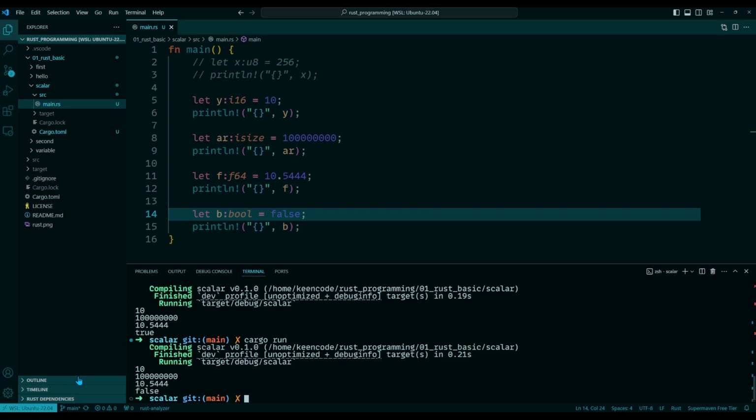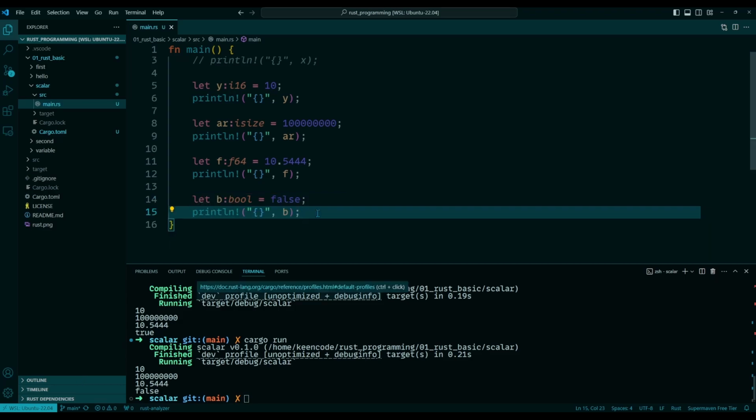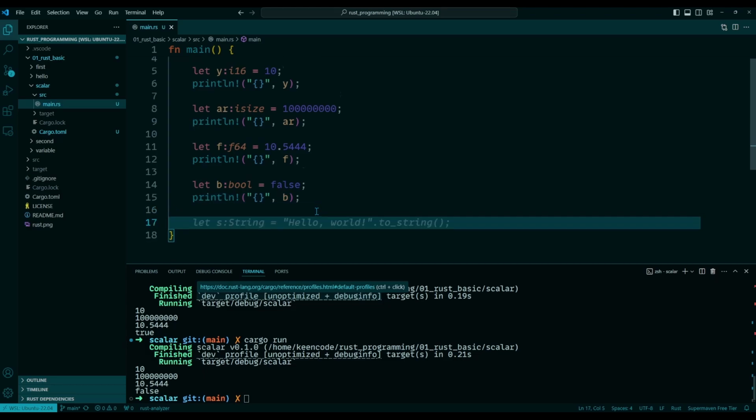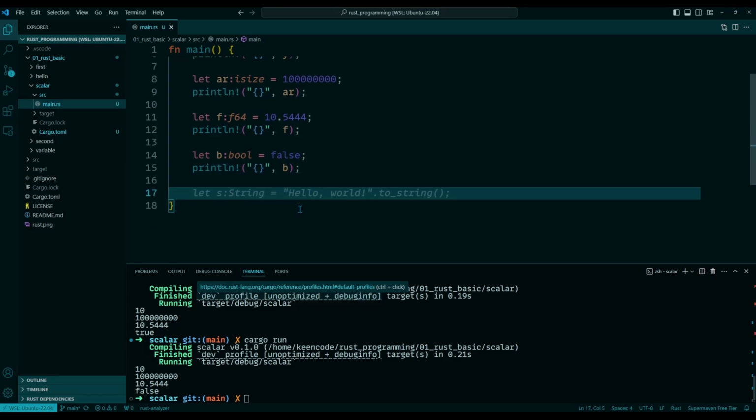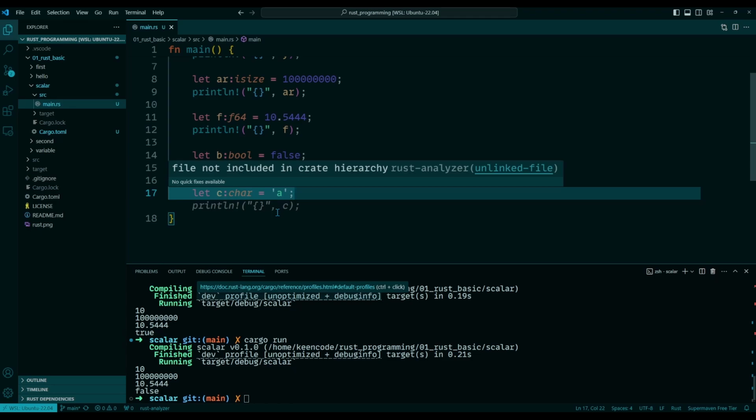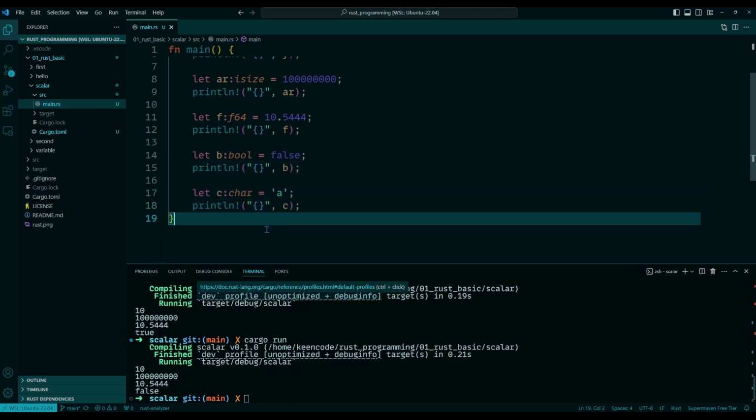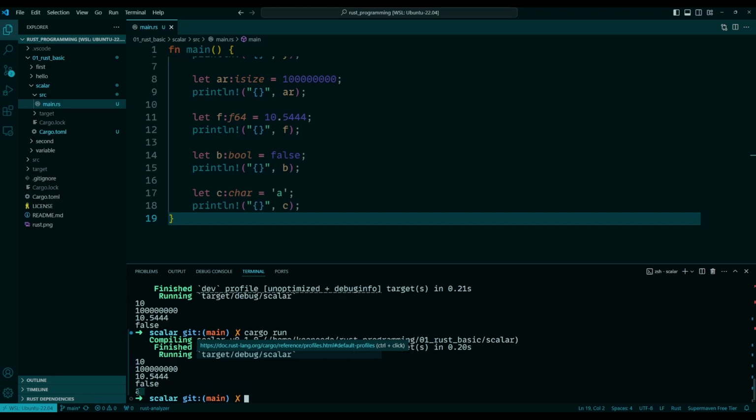Another data type we have is the character type. Rust's char type is the language's most primitive alphabetic type. If I want to define a single alphabet, there is a slightly different convention for the character type. I'm saying let c be a character and the value of that character is 'A'. You can see that characters are defined in single quotes and only one character is allowed in the character type. So if I run this program, A is now printed in our terminal.